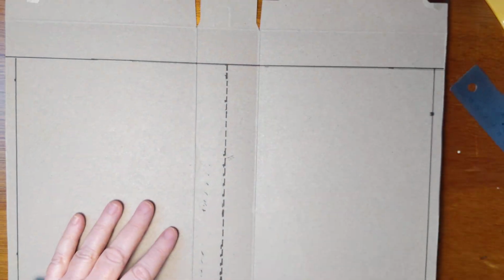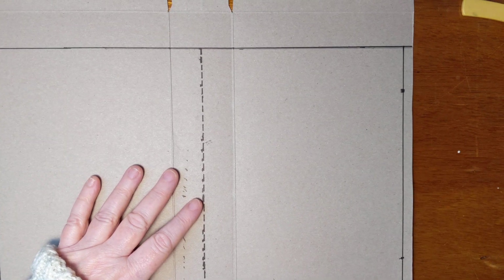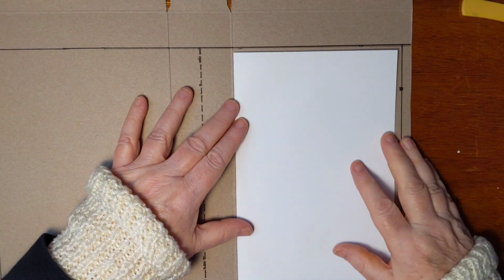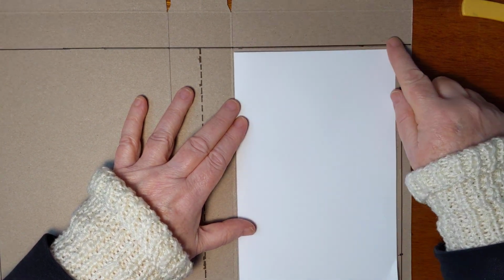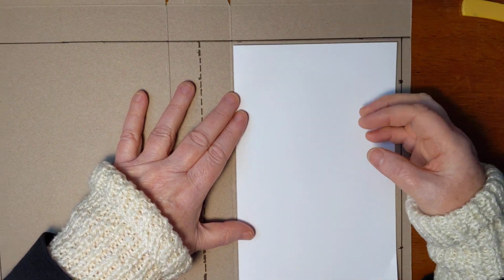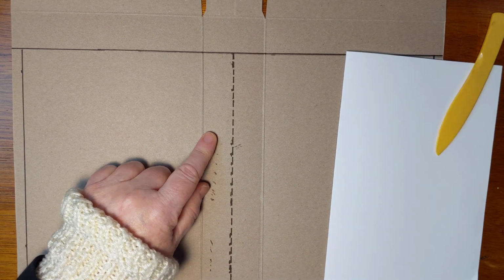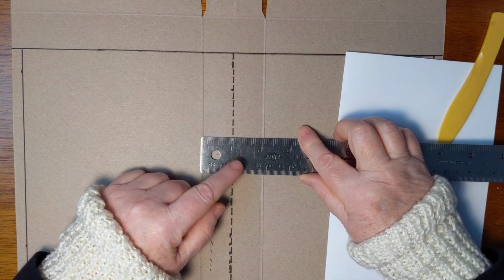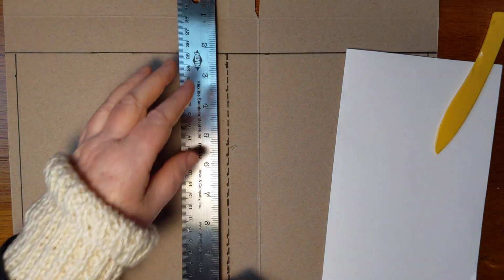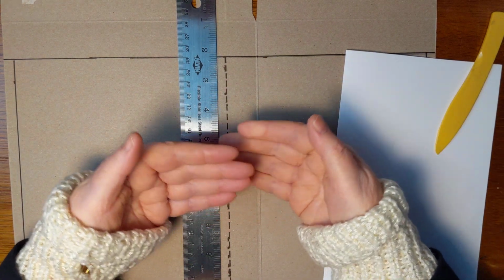So what I did was, this is the magic of video making, I took the box and I cut the flaps off the bottom, and I measured out for about how big I would like the cover to be, just a smidgen bigger at the top and on the side and on the bottom than the piece of paper, to protect the edges of the papers. And because I thought this 2-inch spine was going to be a little bit much for me, I marked it at the 1-inch space,